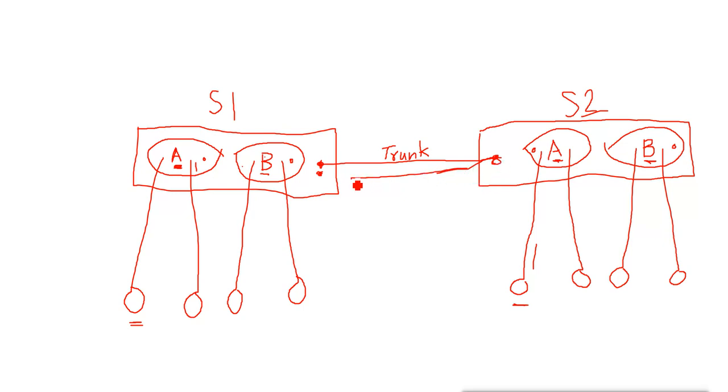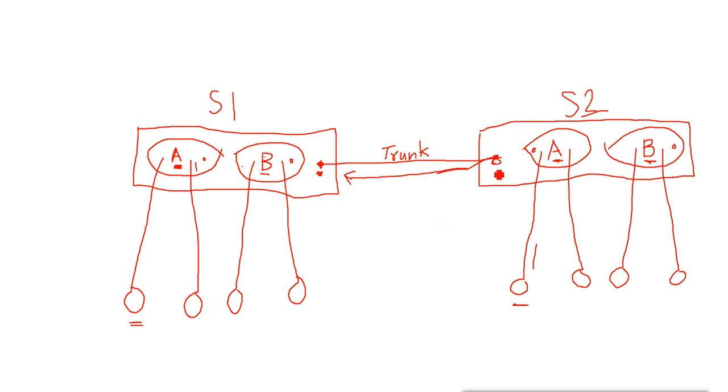asks this port, do you want to do the trunk, then what? This desirable port will do what? It will automatically convert into trunk, if the other side of the device asks for it, so it is actually desired to be the trunk. Now who will ask this desirable port? The port which is converted into trunk.